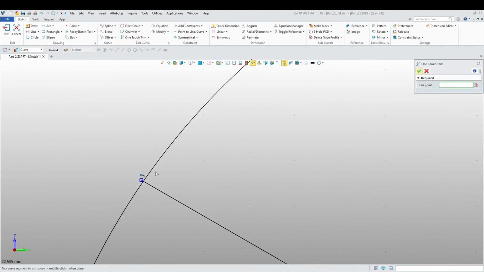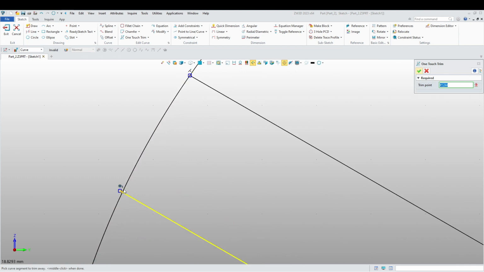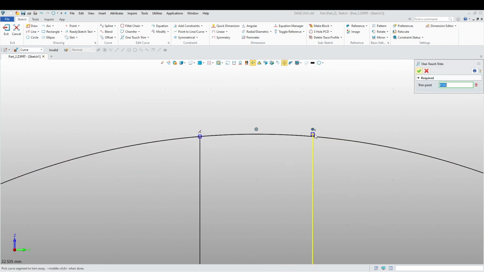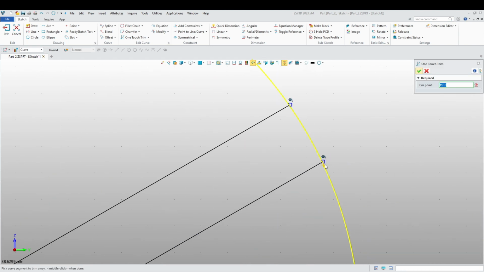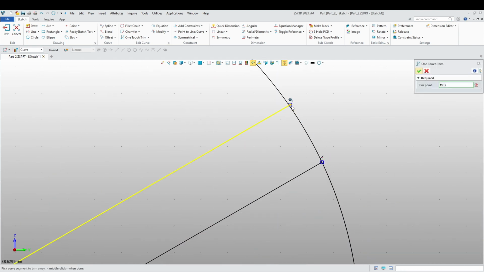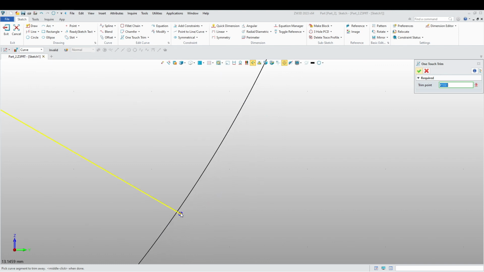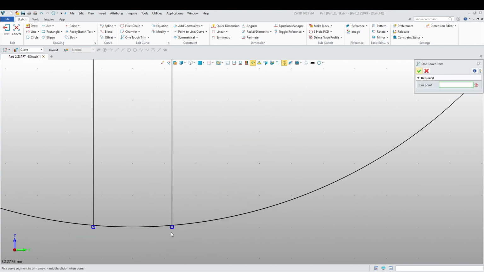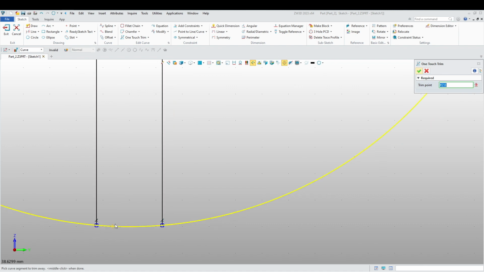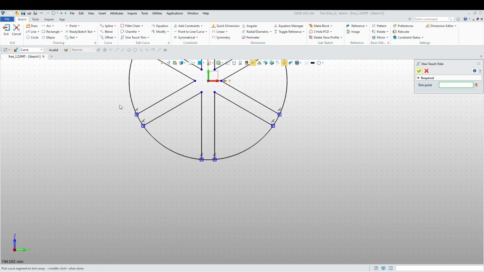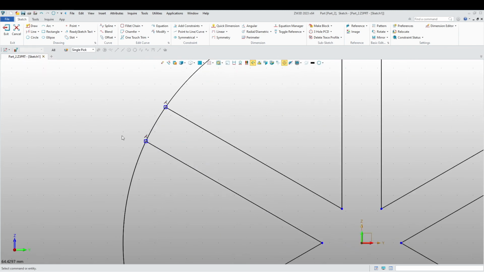Now I'm just going to do one touch trim and also eliminate little tips here. Okay,